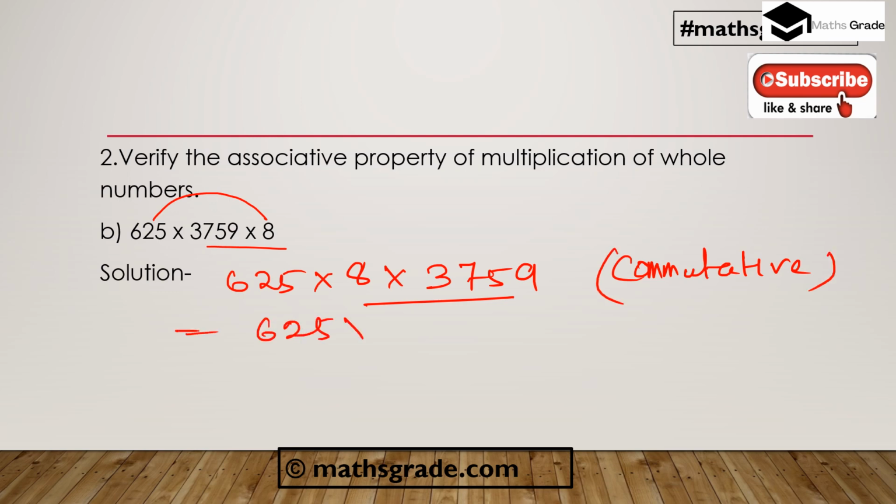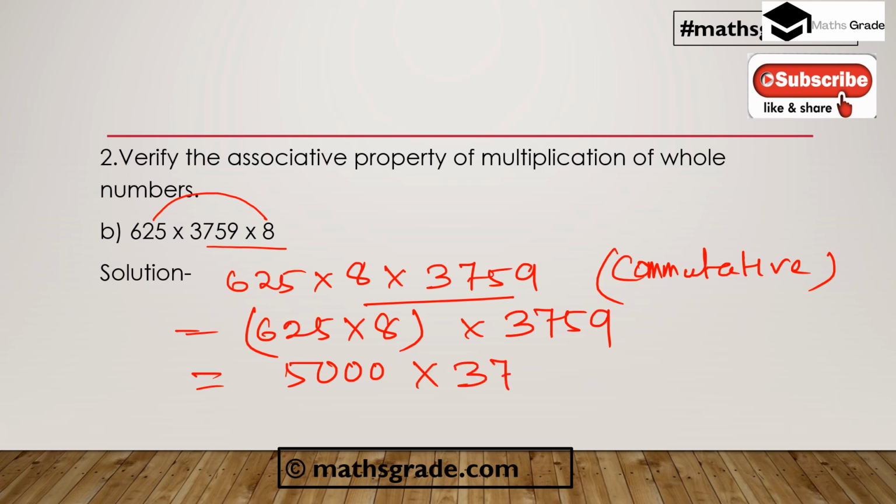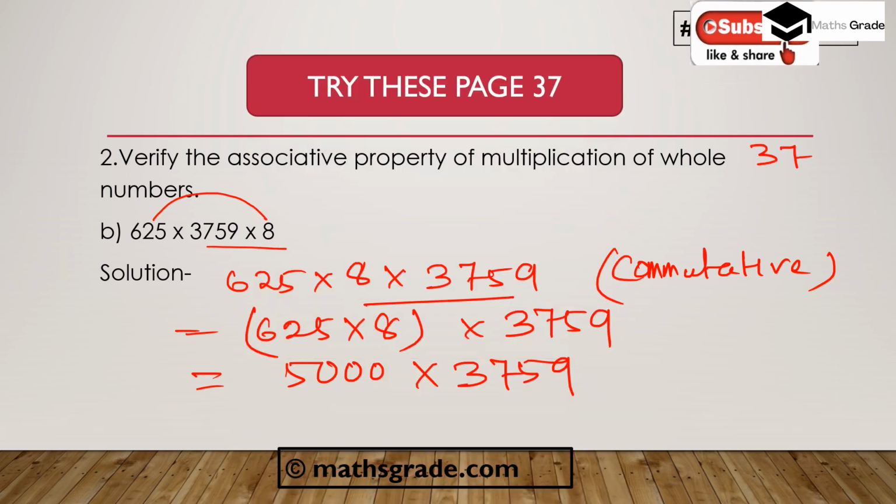Now we multiply first 625 with 8, then we multiply 3759. And 625 multiplied with 8 is 5000, multiplied with 3759. 3759 multiplied with 5